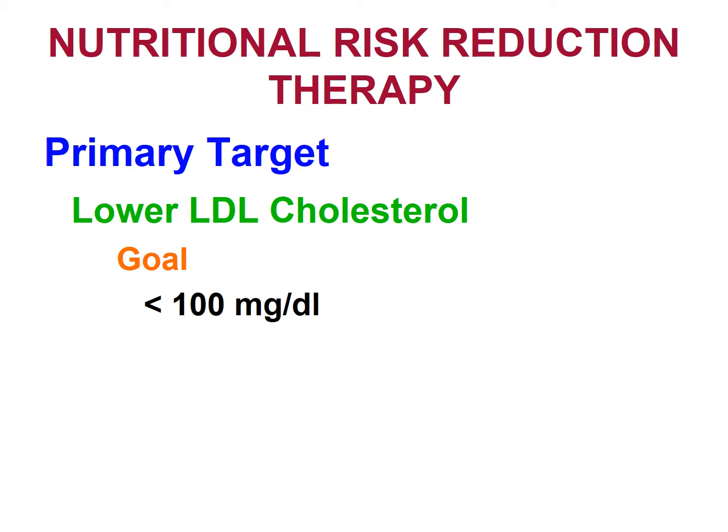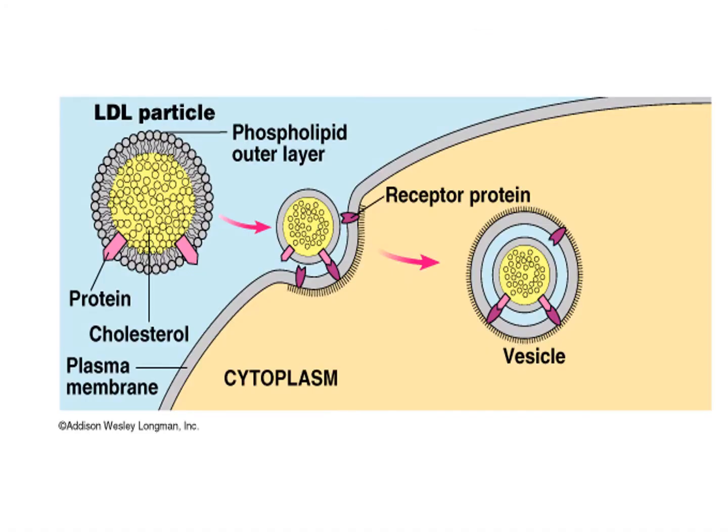So, the goal is less than 100 milligrams per deciliter, but once again, the accreditation team isn't there to say you have to get everybody down there, because that's impossible. They'll make sure that you've done everything medically possible to get them down to that level. So the primary target for patients with heart disease risk is to monitor LDLs and make sure that you try to get them down to below 100 milligrams.